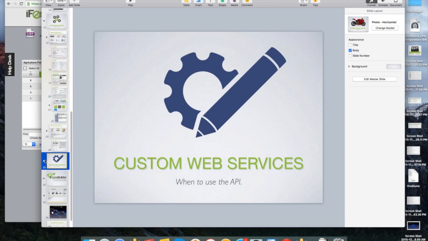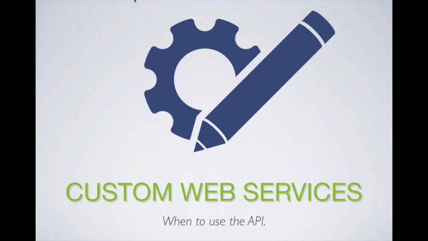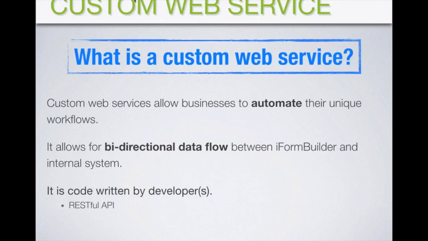Okay, so now for those of you, even if you're not a developer, if you've heard me say API, now I'll finally tell you what it is. API allows you to do a custom web service. It is a custom web service. So it allows businesses to automate your unique workflows. Zapier does allow for unique workflows for non-developers, but if you start to get real deep down into the nitty-gritty, then Zapier may not be able to meet your needs,